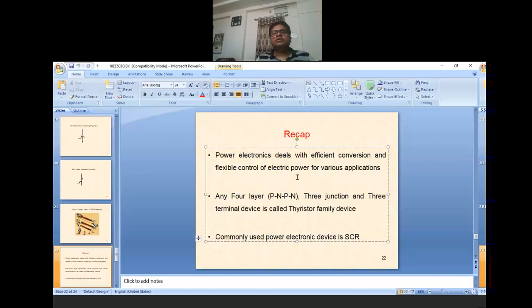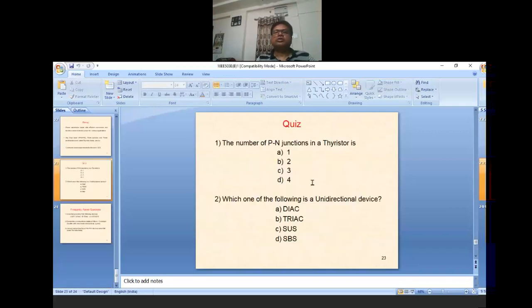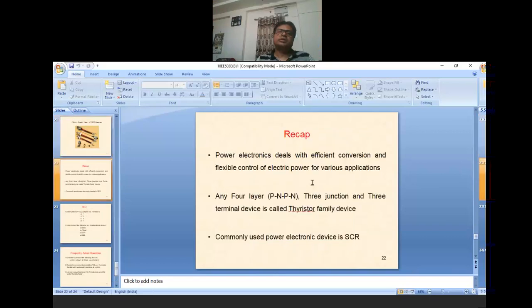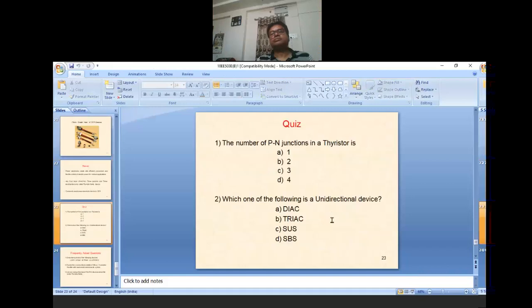So just to have a summary of what we have discussed, power electronics deals with efficient conversion and flexible control of electric power for various applications. And any 4 layer, 3 junction, and 3 terminal device is called thyristor family device. And most commonly used power electronic device is SCR. We can have a simple